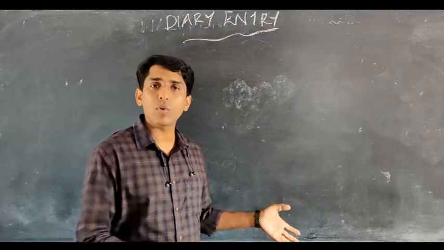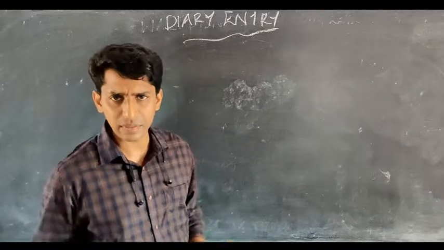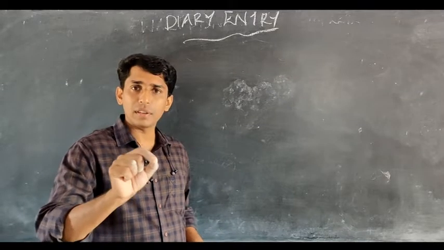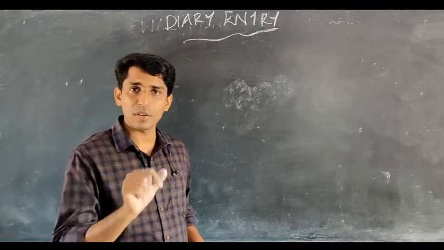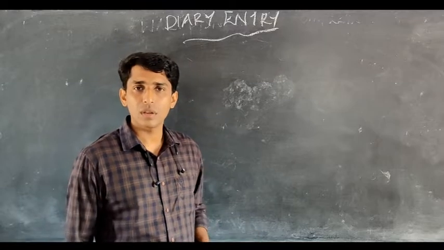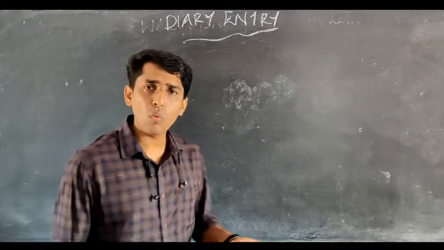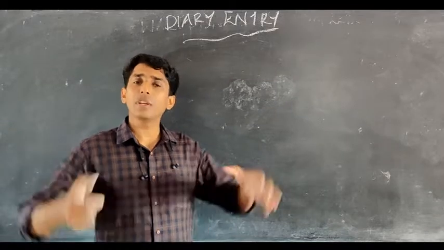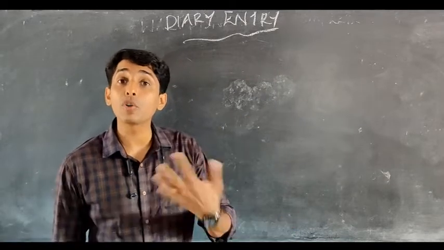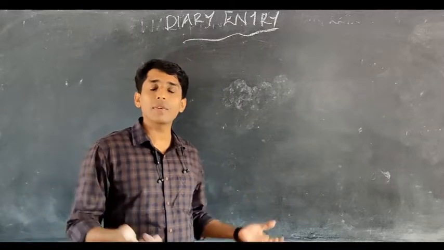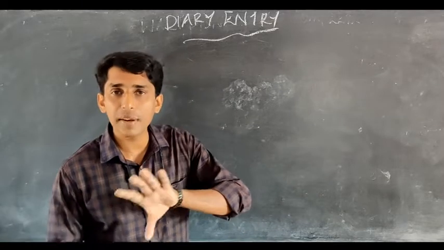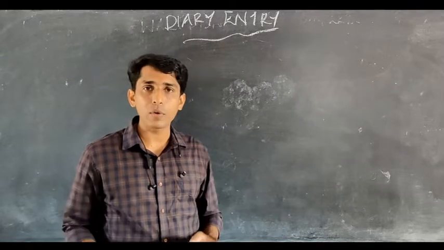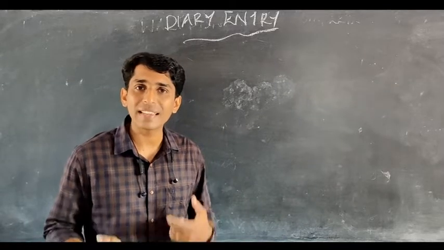But there is a particular order for writing a diary. When we open a diary, the date is given, the day is given, sometimes the day may not be given, but the date will be given on the pages. And dear children, when do we write a diary? Usually we write a diary just before we go to bed. And in a diary, we describe what happened on that particular day. That is what we write in our diary.